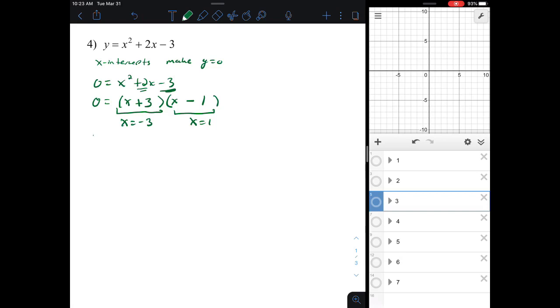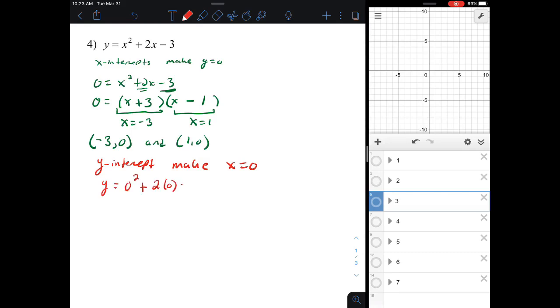So my x-intercepts for this graph should be at the coordinates negative 3, 0 and 1, 0. Now to get the y-intercept, what we're going to do is make all x's 0 and evaluate for y. So we'll have y equals 0 squared plus 2 times 0 minus 3, and that leaves me with y equals negative 3. So our y-intercept as a coordinate would be 0, negative 3,